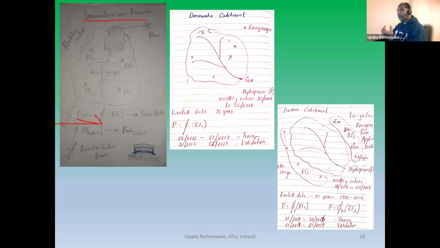And will I be able to use those rainfall data across the catchment to predict and forecast the power generation in Eratna? That was my goal. So I sketched it. I was able to find these data, and basically you have to buy these data from various authorities. For example, if you want to get the rainfall data, you have to buy them, and so on.